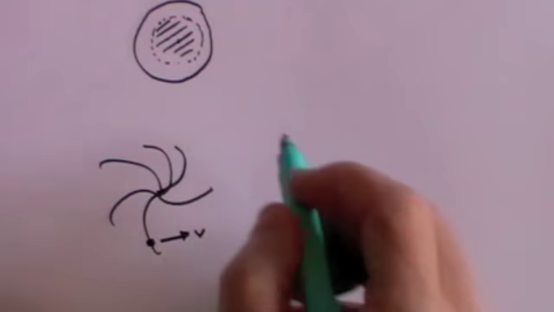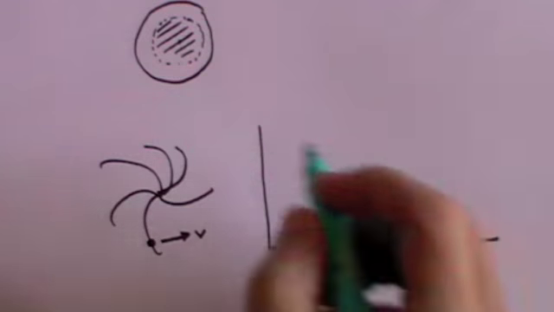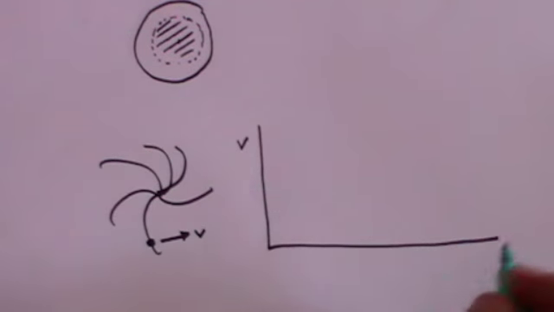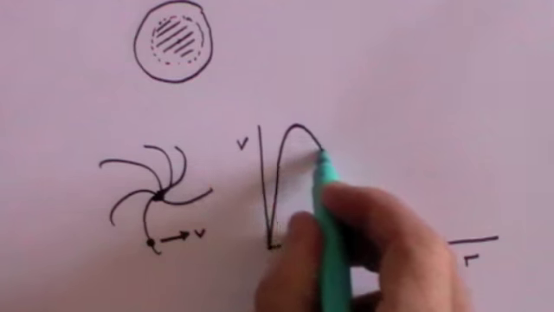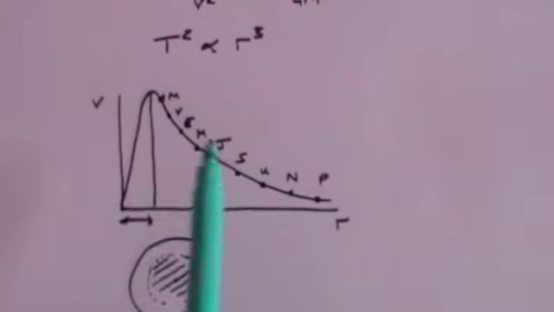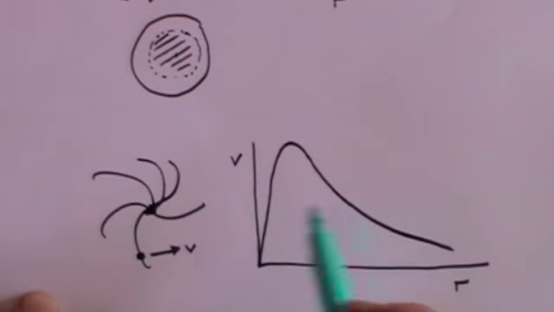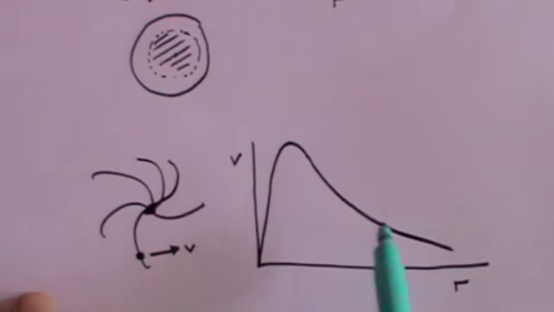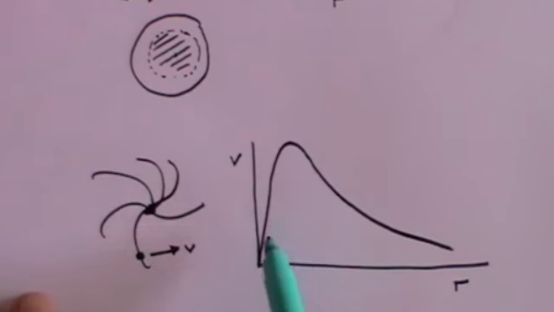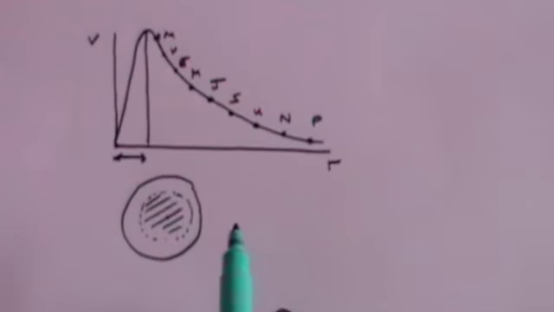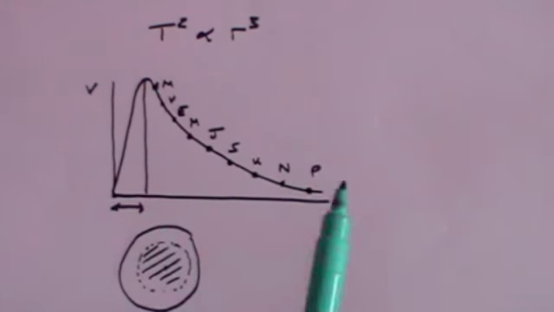Now, you might think that on the basis of what we've just looked at, if you were to plot the velocity of the star, the orbital velocity, against the distance from the centre of the galaxy, then you would see a graph that looks like this. In other words, exactly the same as that. The further out you go as far as the stars are concerned, the slower the velocity will be. And if you get very close to the centre of the galaxy, then the velocity will also decline. That is what you would expect on exactly the same argument as we derived for this graph here for the